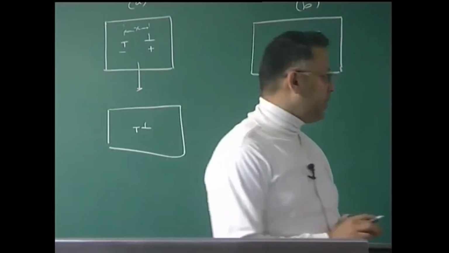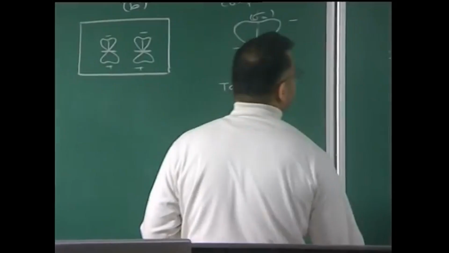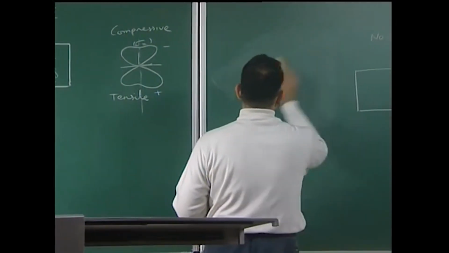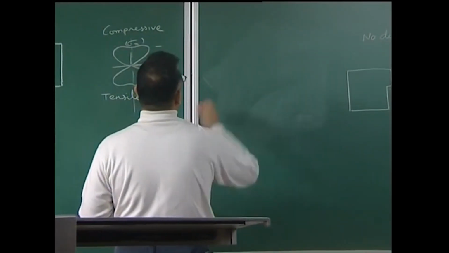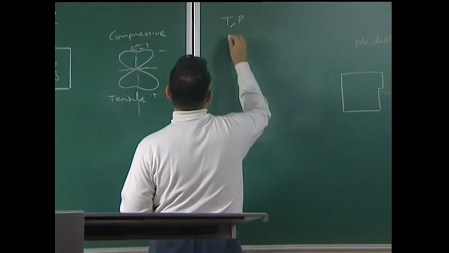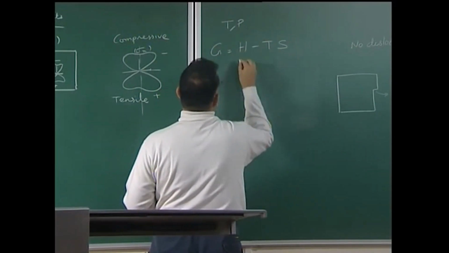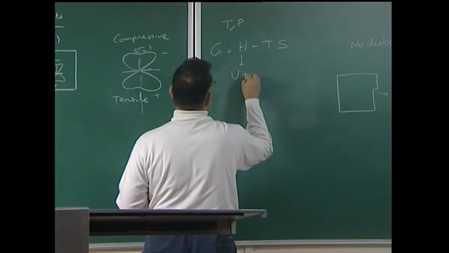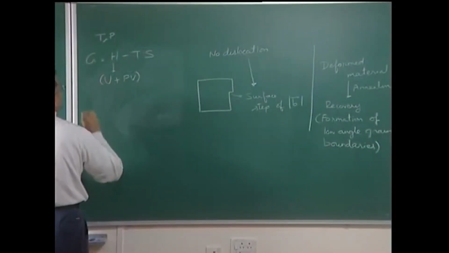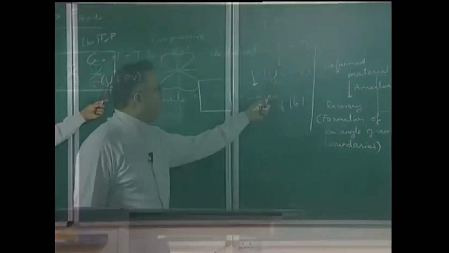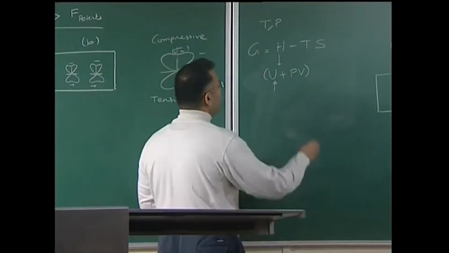At constant temperature and pressure, it is usually the Gibbs free energy. So, the stability of my system at constant temperature and pressure is determined by the Gibbs free energy, which is given by G = U + PV - TS, U being the internal energy. So, when I put a vacancy in a material, because of certain broken bonds, we can have an increase in internal energy of the system, but at any finite Kelvin temperature,